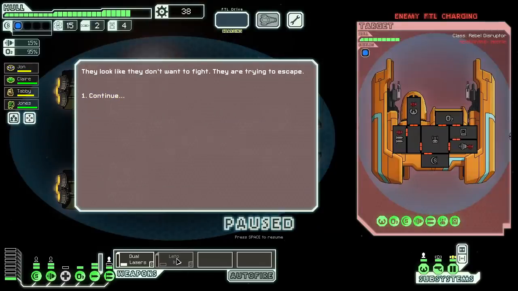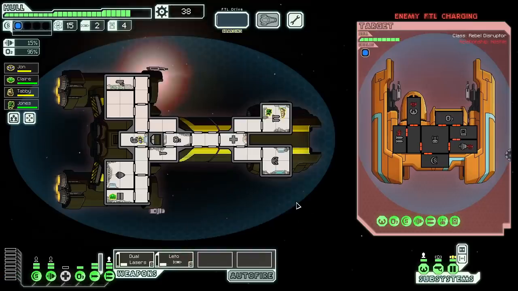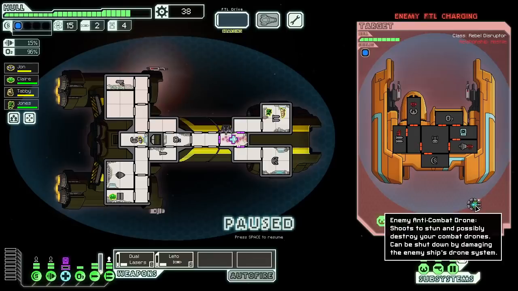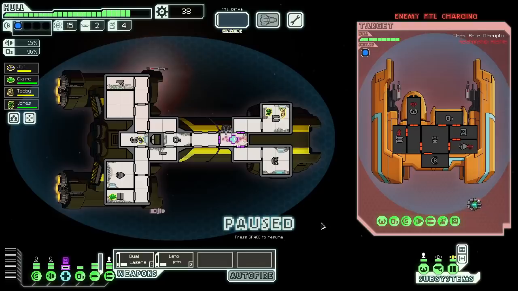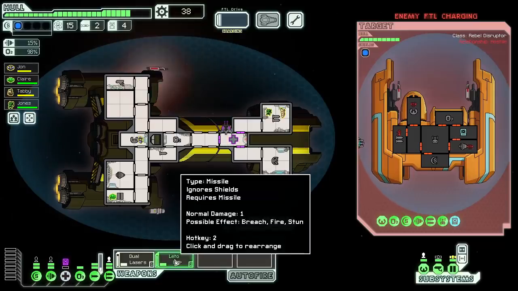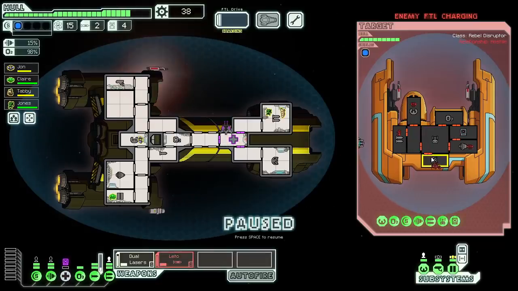They're trying to flee, obviously. So I need to prioritize hitting something, and they're also trying to hack me. Hacking is on. Medbay. Okay, that is not a problem at all. That is anti-combat drone, so that's not a problem either. Yeah, I need to knock it out somewhere where it can't flee. Now, my weapons are charging pretty fast. Hit it right in the...